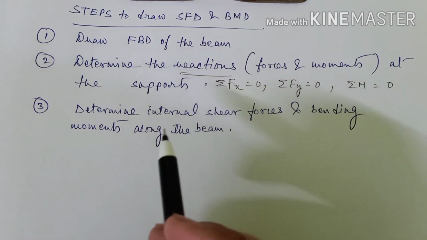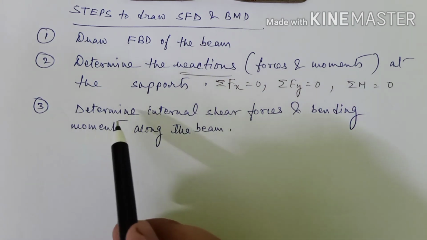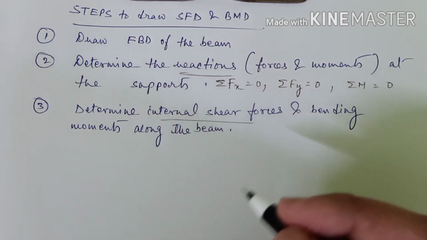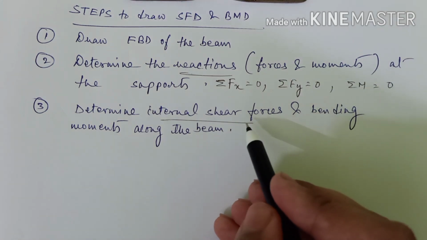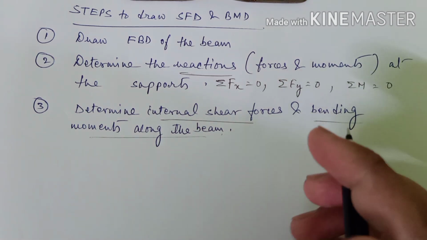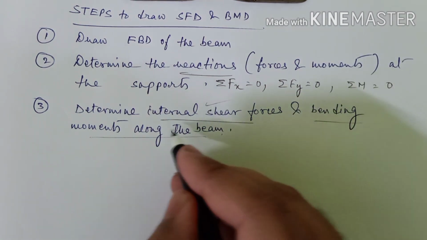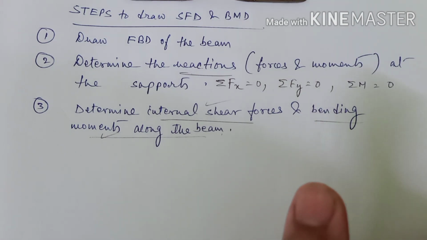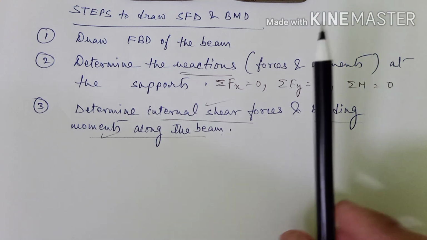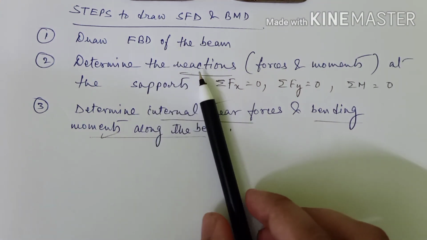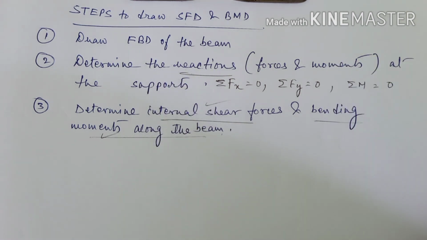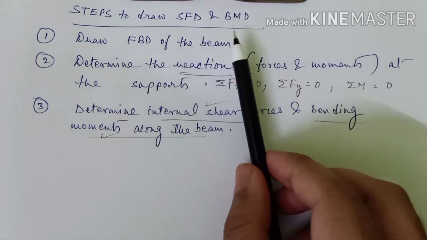And the very last but not the least step is to determine the internal shear force. We now have to determine the value of shear forces and the bending moments along the beam. After we determine them, we can plot them in the so-called SFD, that is shear force diagram, and bending moment diagram. We will be seeing the steps in detail in the next video,